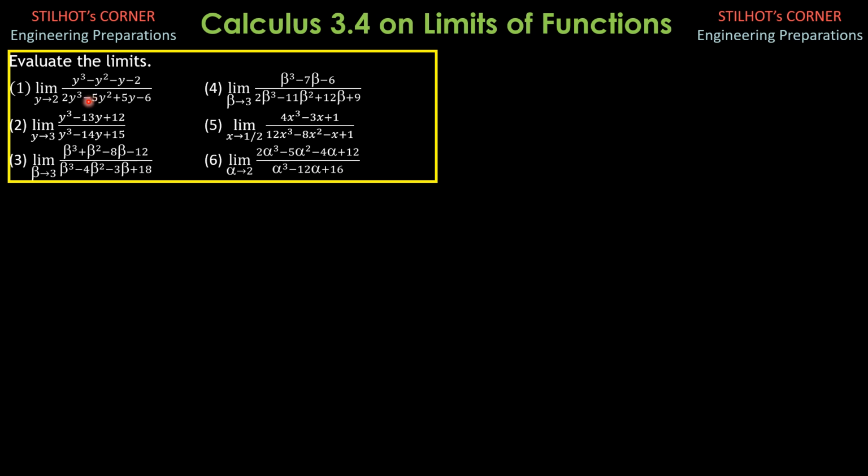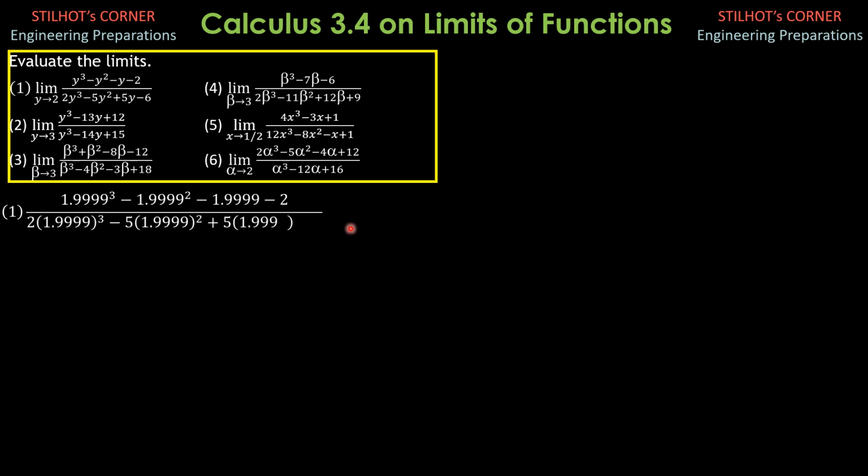So for the first part, limit as y approaches 2 means we have to substitute values just to the left and just to the right of 2. So 1.9999 and 2.000001, so that we can anticipate the answer here, using your calculator. But this is not the official solution. This is a way of checking the answer only. So the answer should be 0.777778 to 6 decimal places. And you should know the equivalent fraction of that. That's about 7 over 9.